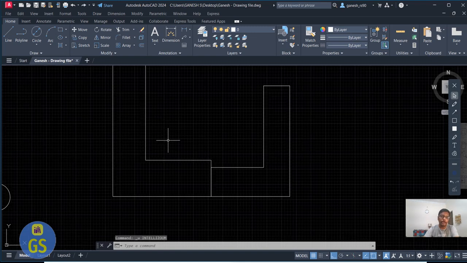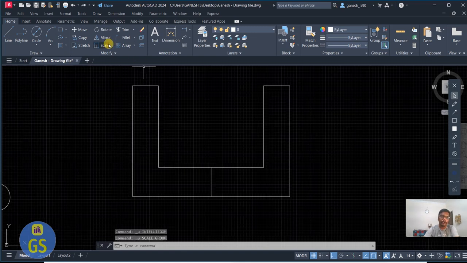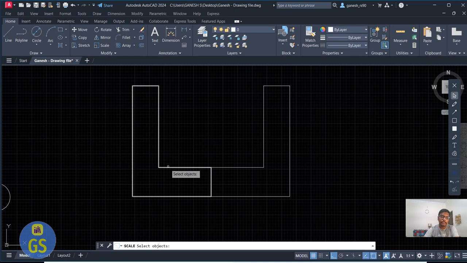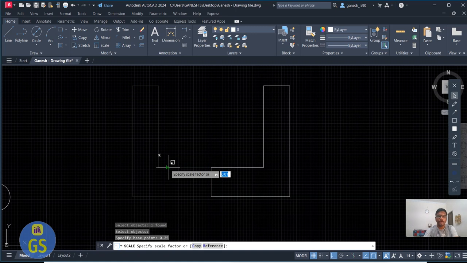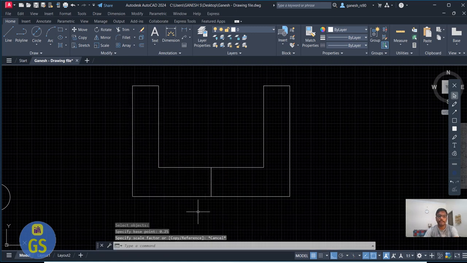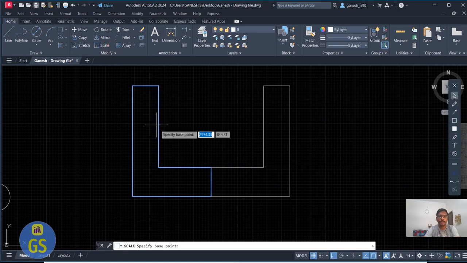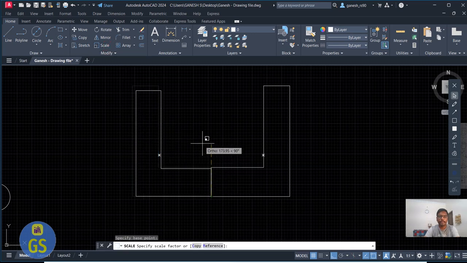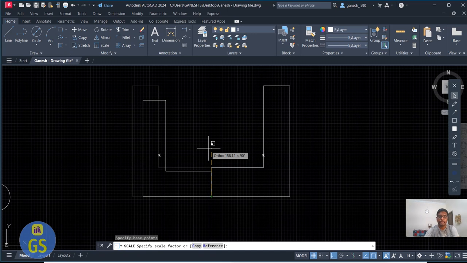So if I undo it, then I go for a lower scale, select the object, enter. Now I'm just going to give 0.25. Now you see the scale, sorry, I didn't select the base point. So select it, select the scale, select the base point. Now scale factor. So just type the scale factor as